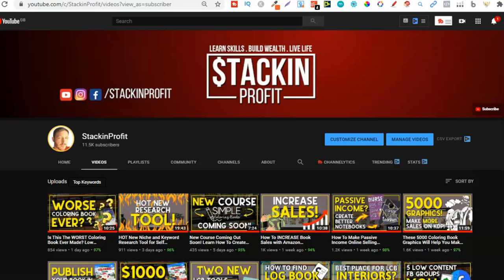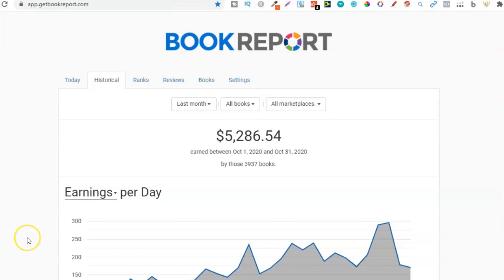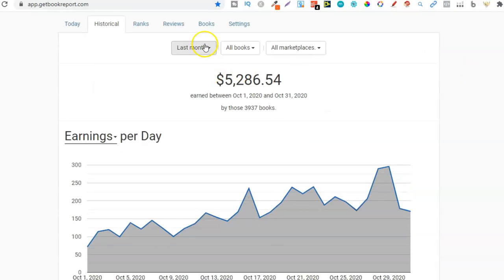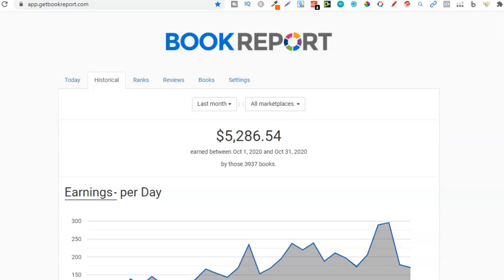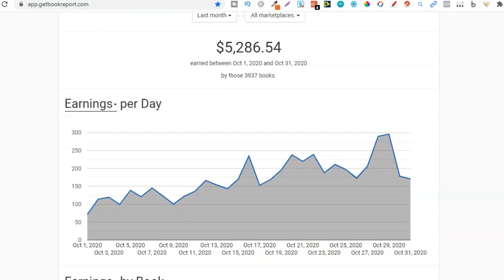So let's get straight into this and go to my Get Book Report for the month of October so we can see my income. So here we are. I have it on last month. In fact, let's just refresh the page on this and give it a sec to load up. Now, October actually turned out to be my second best month ever in around 2 years, and we can see that from the 1st of October till the 31st I did